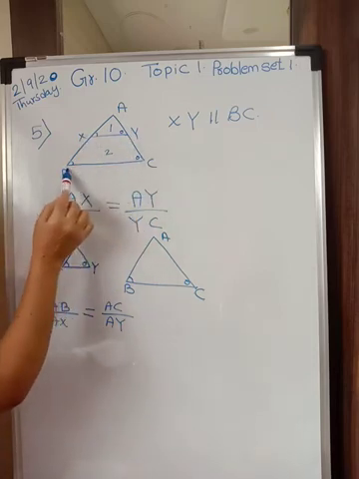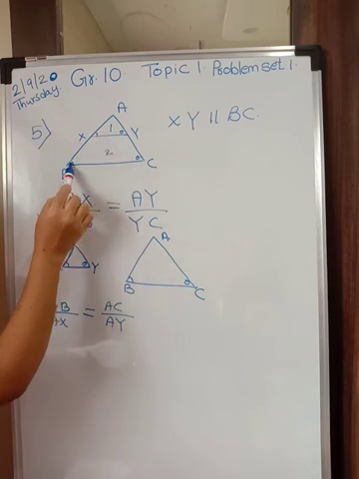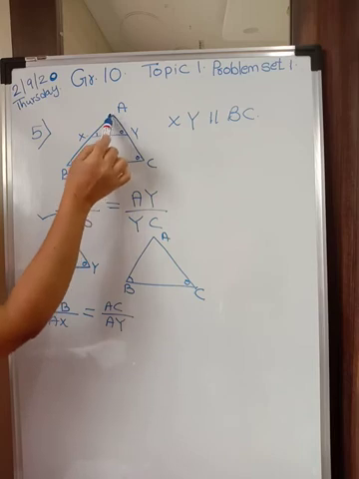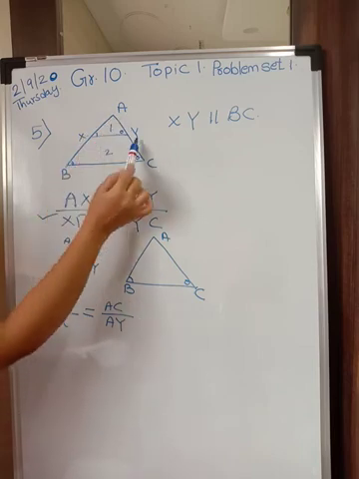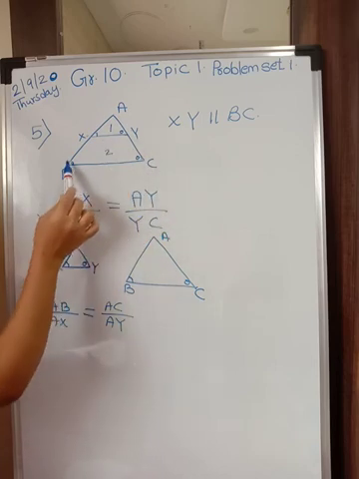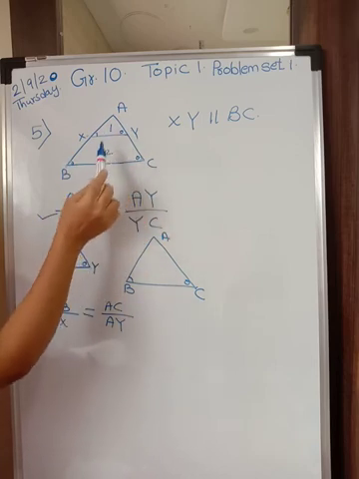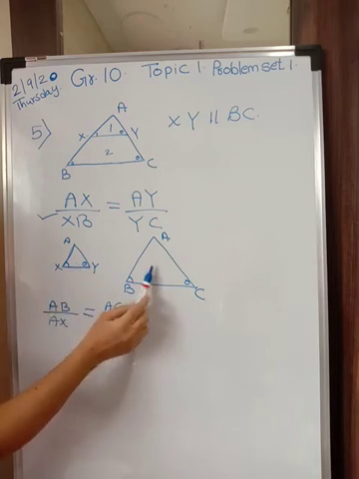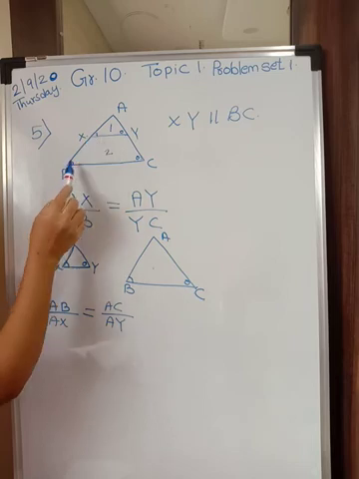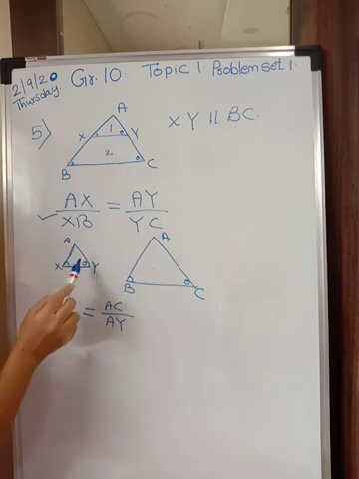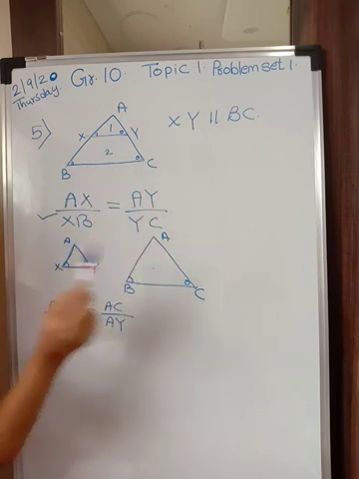These two lines are parallel. So these two angles are corresponding angles. Similarly, these two are corresponding angles. This line is parallel, considering this as transversal. Now if two angles are equal, then these two triangles are similar by AA test of similarity. So I have drawn two angles separately so that you will not be confused. Angle X is equal to angle B. So see, X and B. And here angle Y of the smaller triangle is equal to angle C of the bigger triangle.